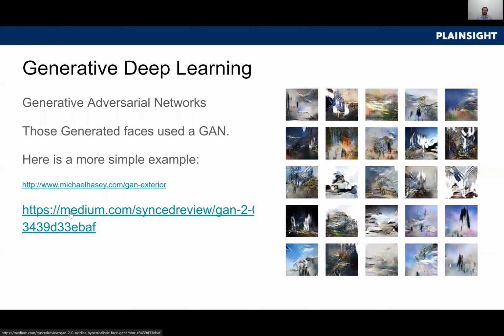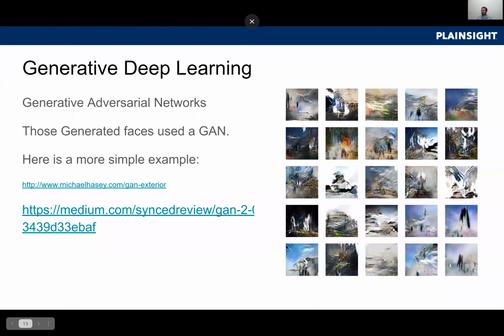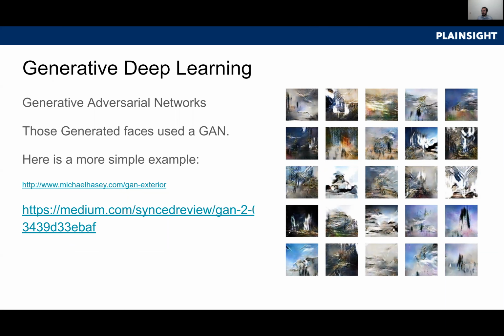GANs. GANs are really cool. Something I'm really into is generative adversarial learning. And so I worked on a project, I can share it here, that's cool to read about, of generating original architecture designs. And this post is really good, where you can see some